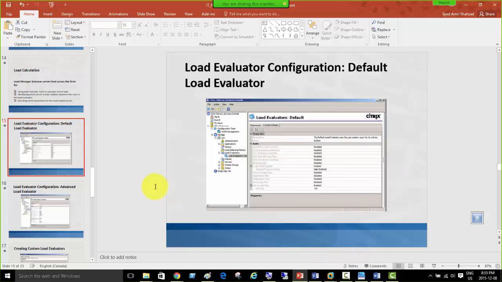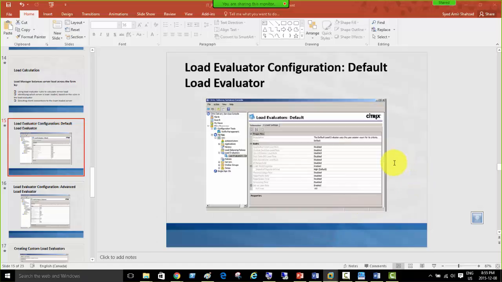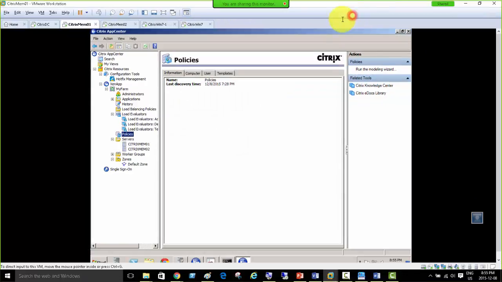So let's try to go for those policies. And we were trying to test the load evaluators. I'm just going to drag the workstation here, and we were talking a lot about all those load evaluators. So when we go down to the policies, we did talk about before as well that with policies here,